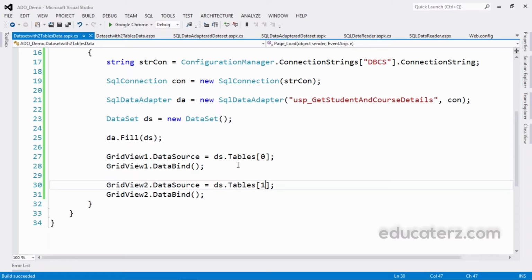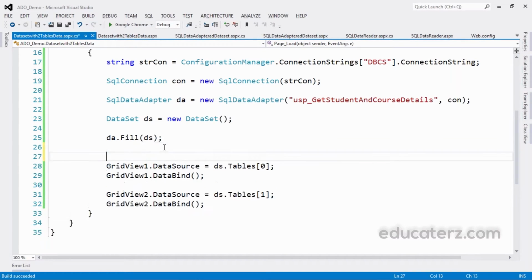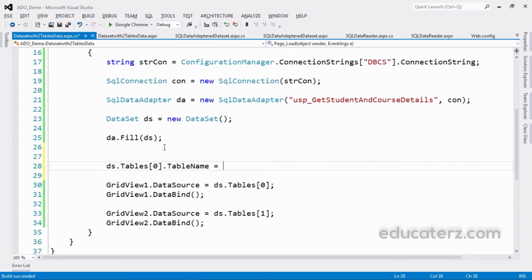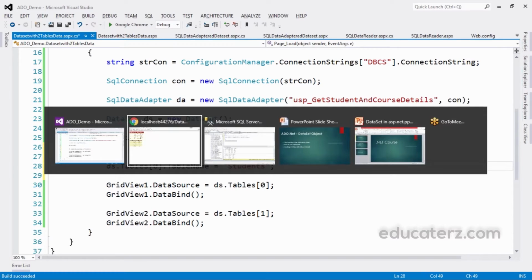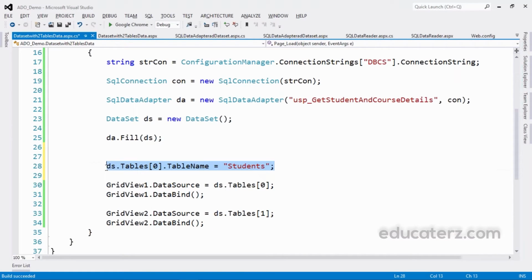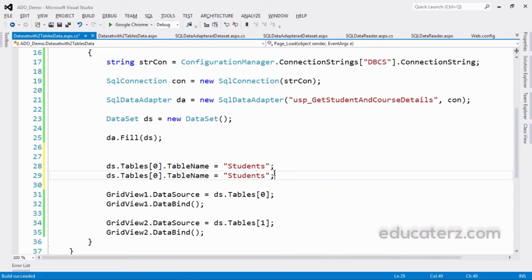By default, the tables in the dataset will have the names Table, Table1, Table2, etc. If I want to give the tables in the dataset meaningful names, let us do that. How can we give a meaningful name? After filling the dataset, we tell it that the table name is Students. Why am I giving this table name as Students? Because the first query inside the stored procedure is TBL students. In a similar way, let me give another meaningful name for the course as well,